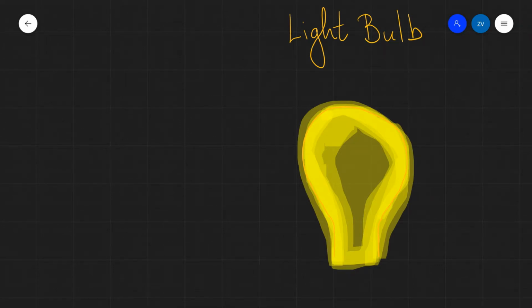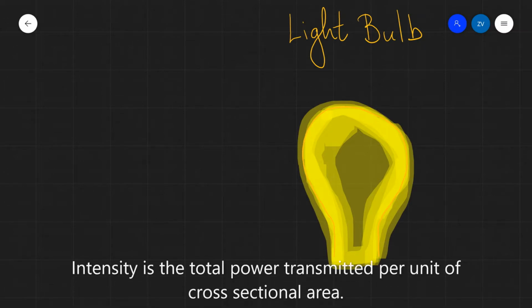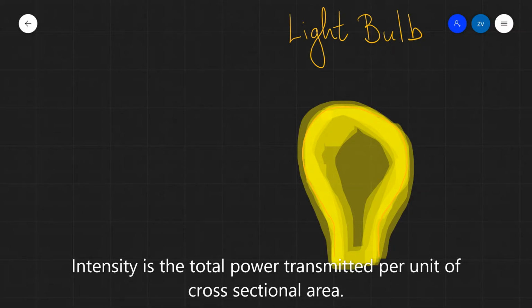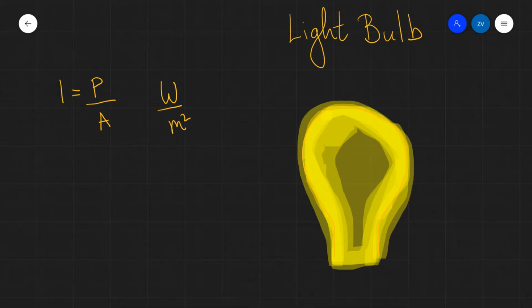Today we are going to be talking about intensity. Now, what is intensity? Intensity is defined as the total power transmitted by an object per unit cross-sectional area. So, in other words, we can think of intensity, normally given the symbol I, as the total power per unit area. The units of intensity are watts per square meter, and because power is defined as the total energy that